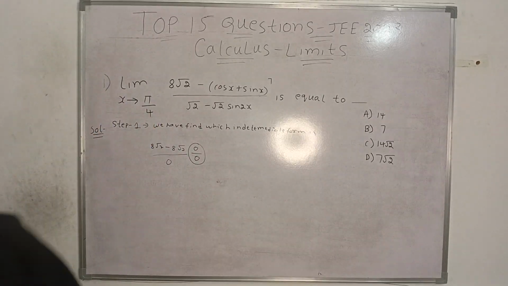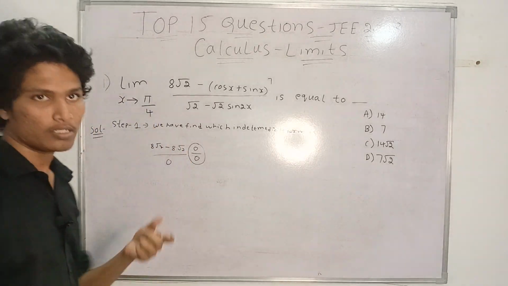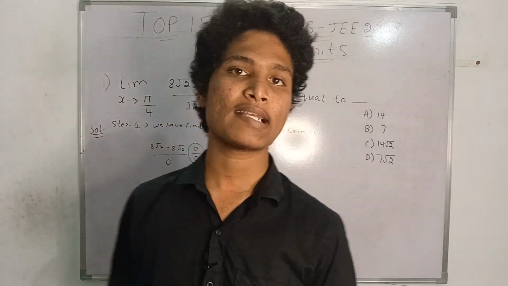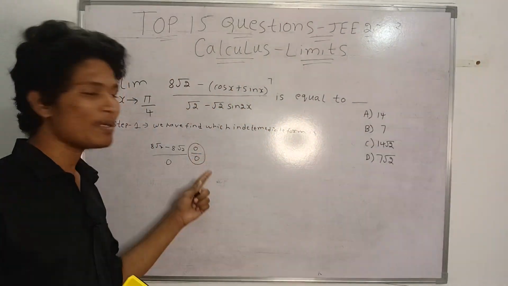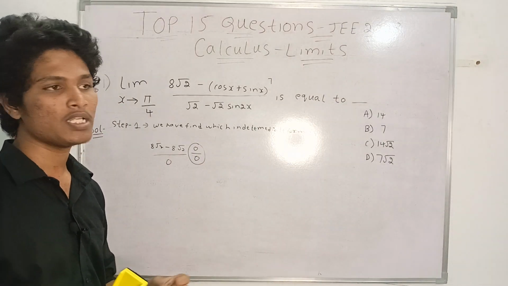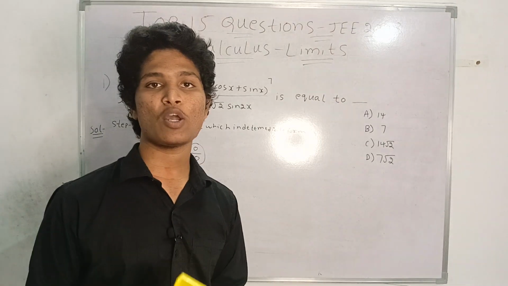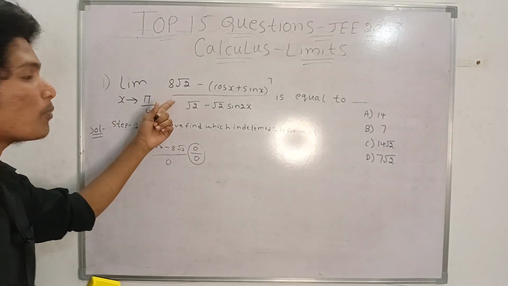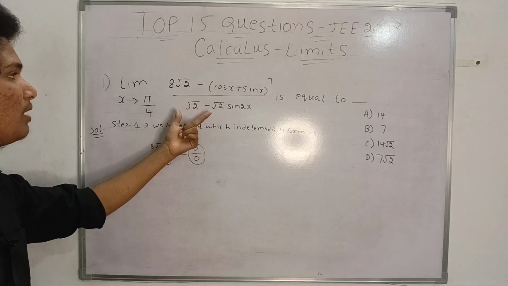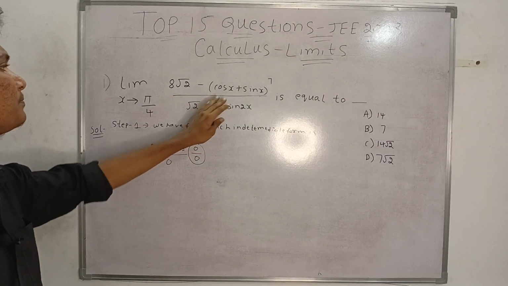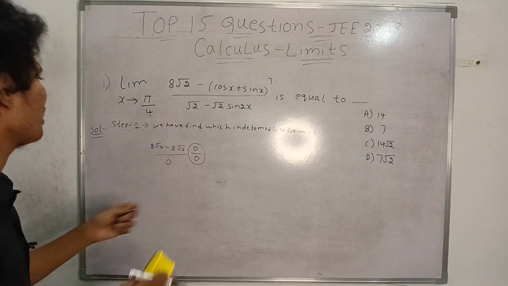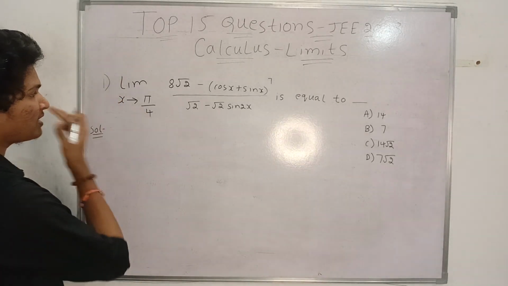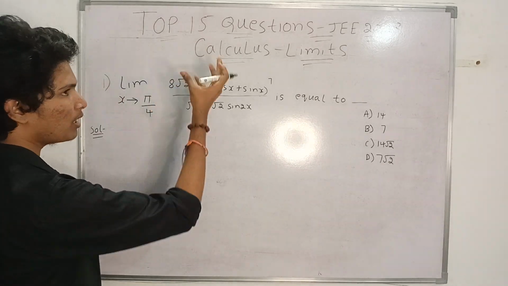I already said in the one shot series for JEE Mains 2023, in the limits chapter, that when the limit is 0 by 0, we have three options to solve the question. First, rationalize; second, L'Hopital rule; third, factorization. Here factorization is not possible and rationalization is possible, but it is not advisable, and the next one is L'Hopital rule. So here we are going to directly apply the L'Hopital rule,